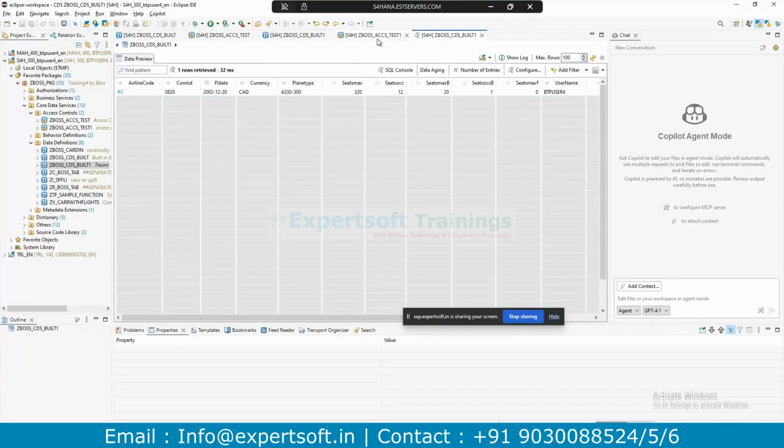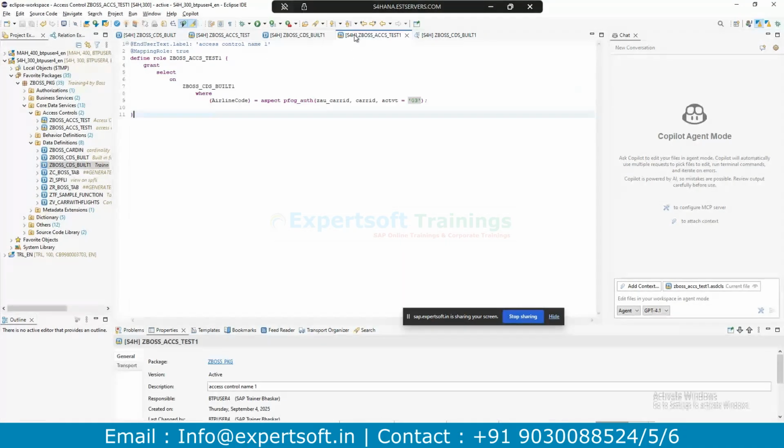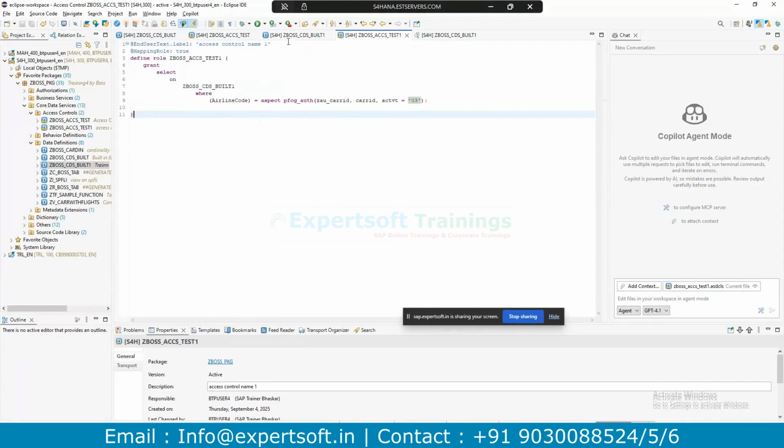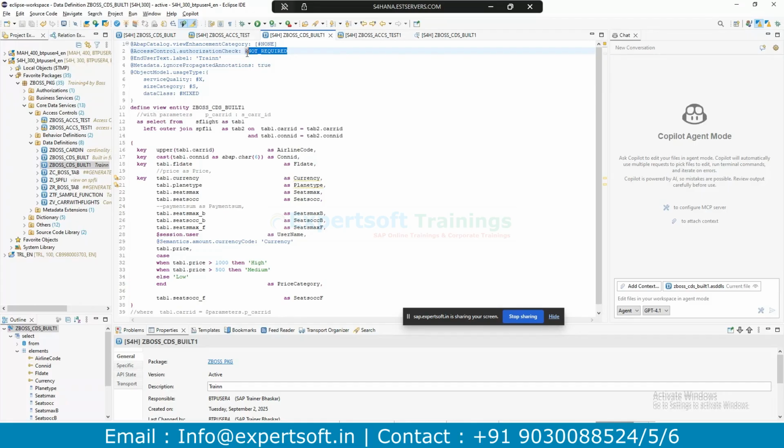Clear? What you all need to know is how to define the access control and how to interlink it with our CDS view, what the tags are, and how to define it. In the starting way we have to mention the CDS view, and the recommended way is this: @AccessControl.authorizationCheck: #CHECK.